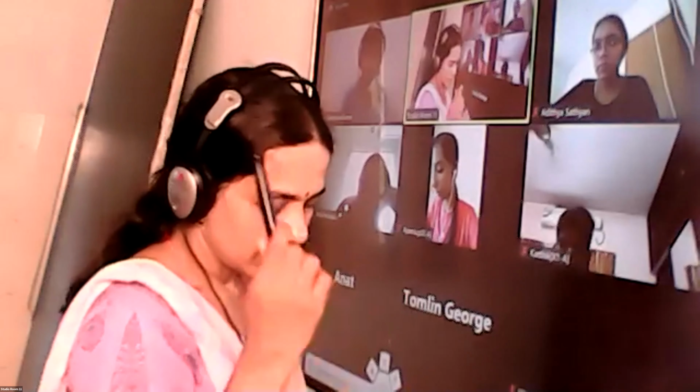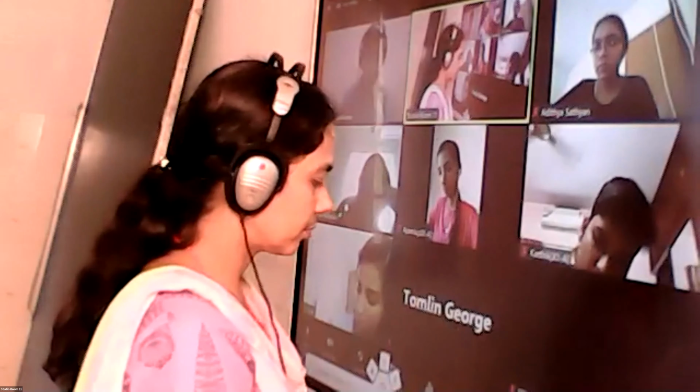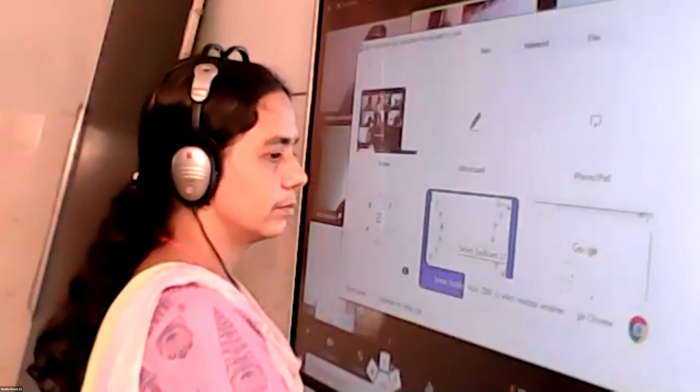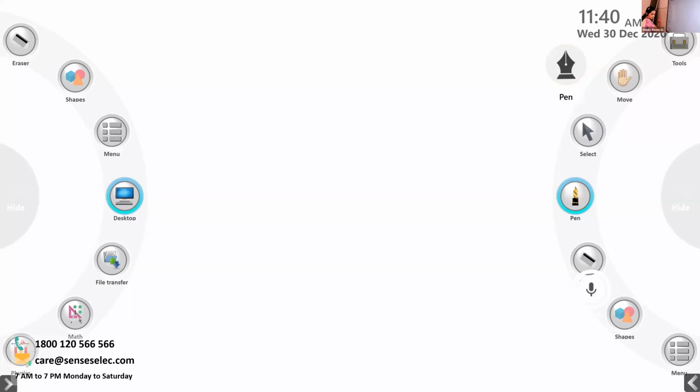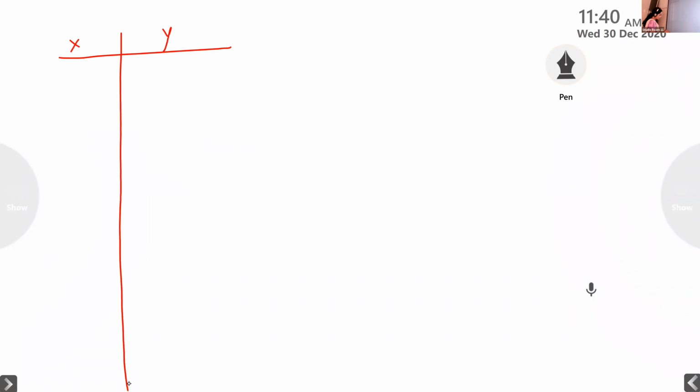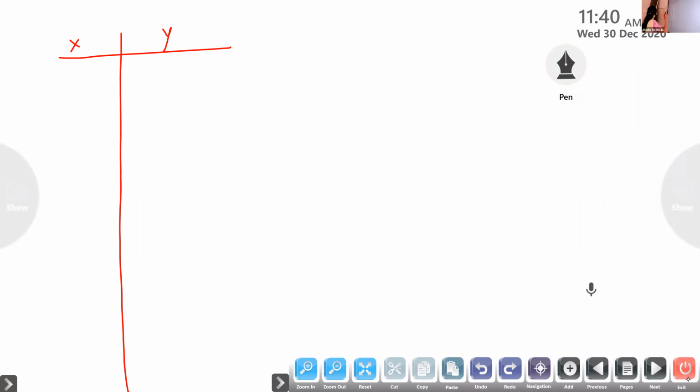Now, you can start with this question. Write the question. Okay, draw the table. The table is given like this: X, Y. 15 data are given. Xi and Yi are big in number, so we go with assumed mean. If possible, we can do it with assumed mean. Write down: X is height of the husband, and Y is height of the wife.